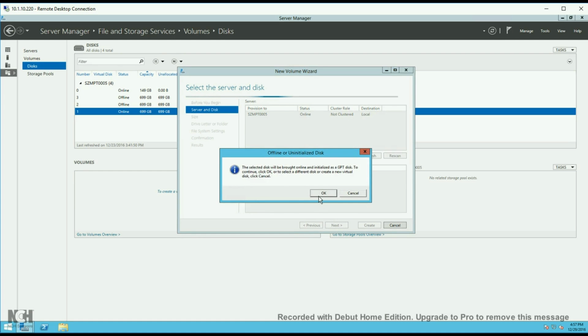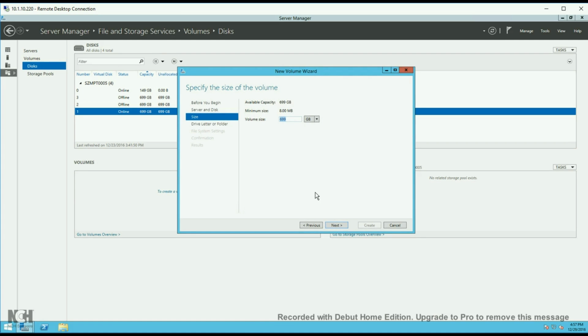So click next and then click OK. It's going to bring it back and do whatever it needs to do. Set it to GPT, click OK, and then you have an option here. Either you could use the entire size of the disk, or you could give it a number here. So let me set this as 10 GB and then click next,